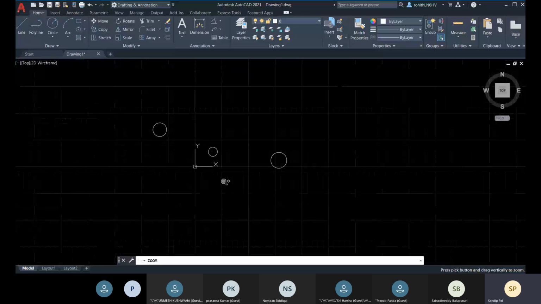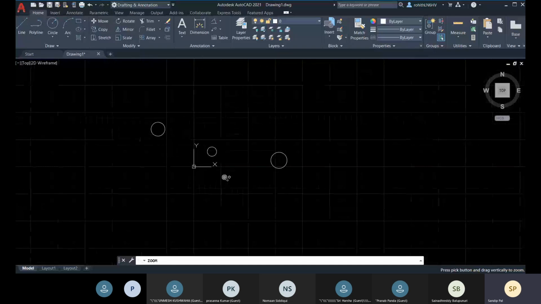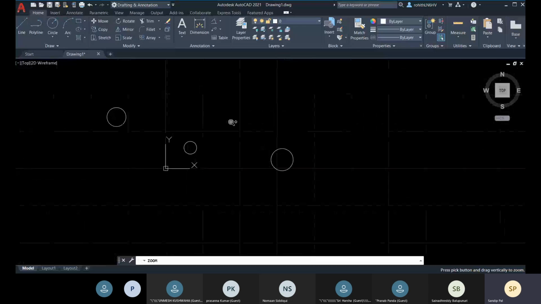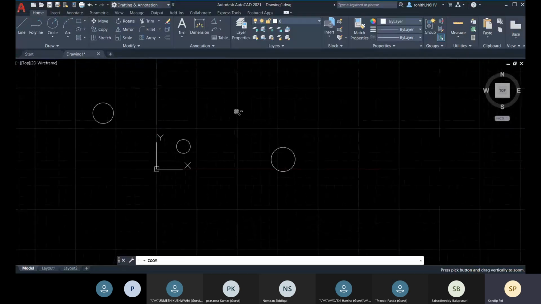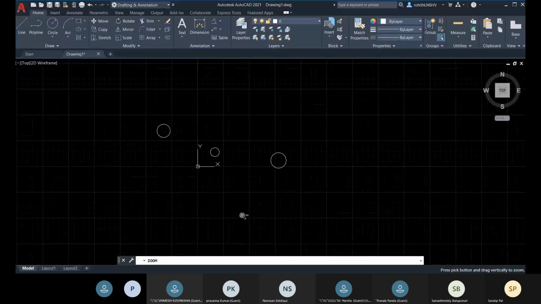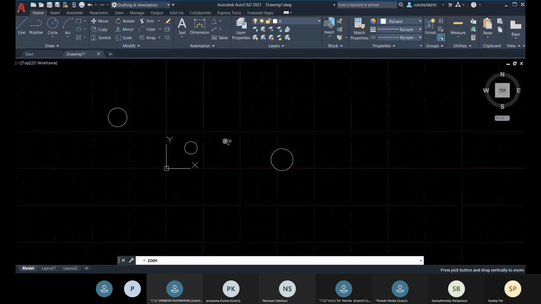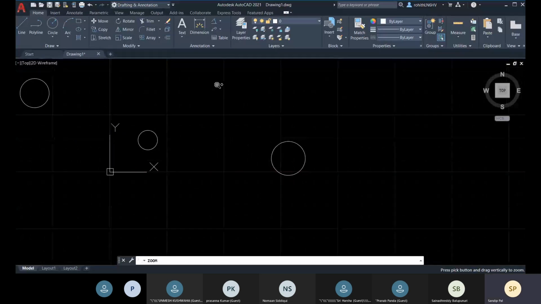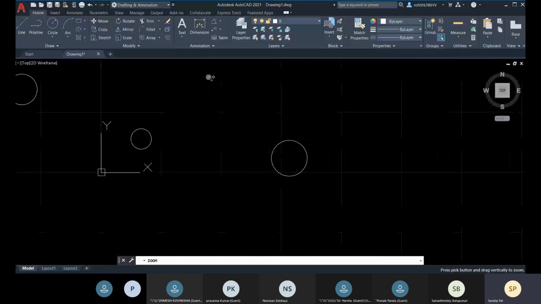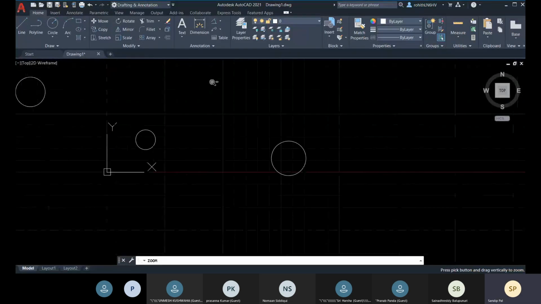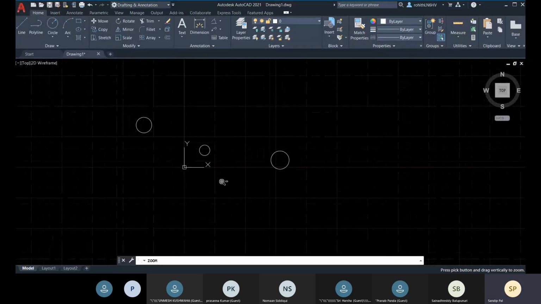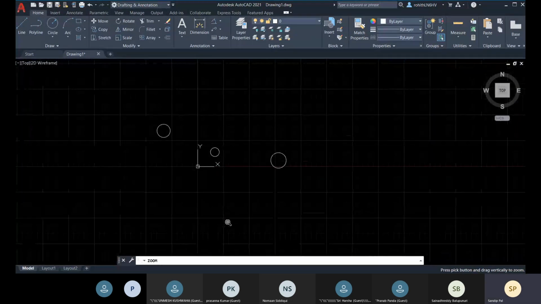Right now I'm holding my left mouse button and pushing my mouse forward. Now I'm dragging backward, and now I'm dragging forward. This way you can precisely zoom in and zoom out. If you push your mouse forward, that is zoom in, and backward, that is zoom out.